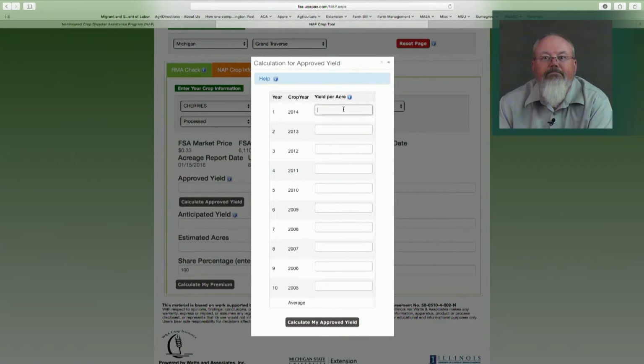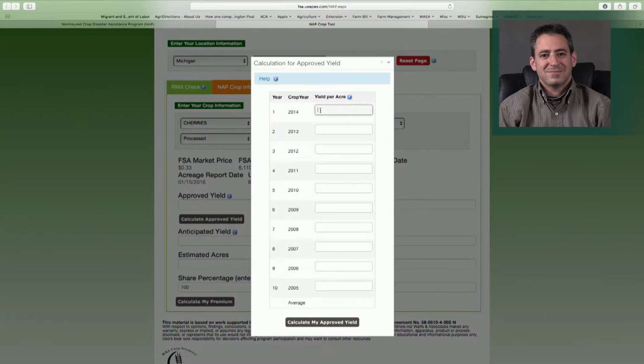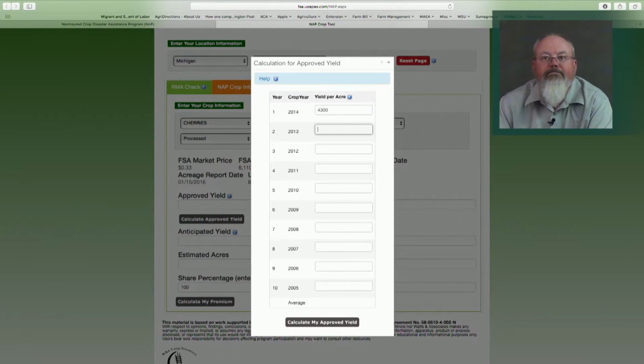The example farm's historical yield for the last 10 years, which we enter in the calculator, are: the first year we are going to have a total of 4,300 pounds per acre. The next year we'll have 5,009 pounds. The third year will be